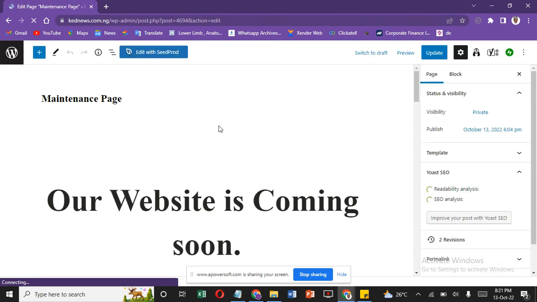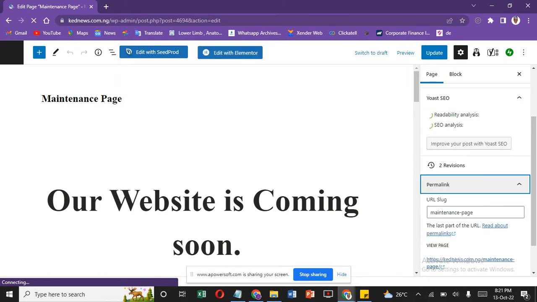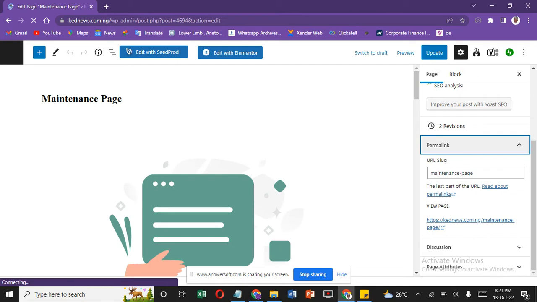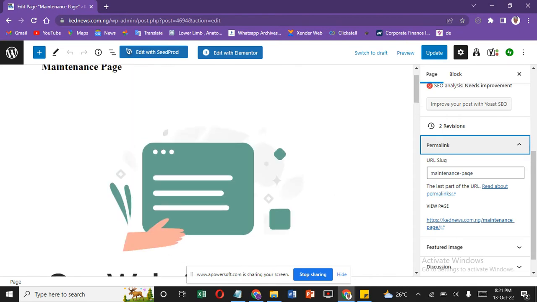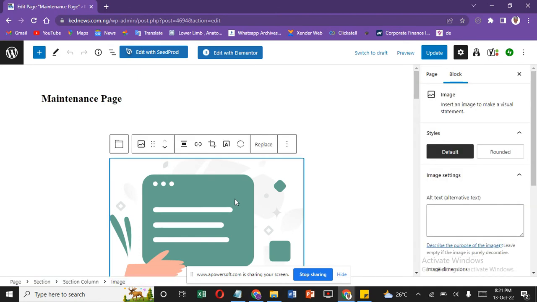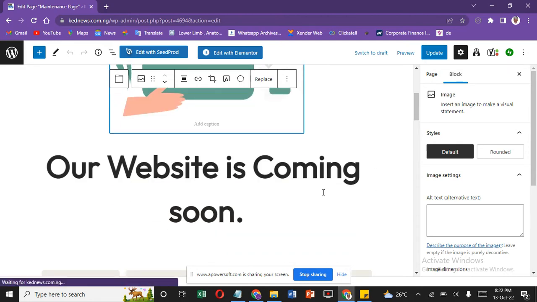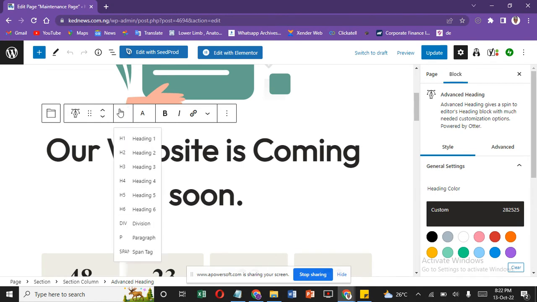Now I have the page here. I can edit the permalink to my liking, as the link is maintenance page for now. You can edit that. Alright, so here I have my page. You can edit the title. You can change this image to another one. You can change this, it is at H1. You can change the size to H2 or H3,